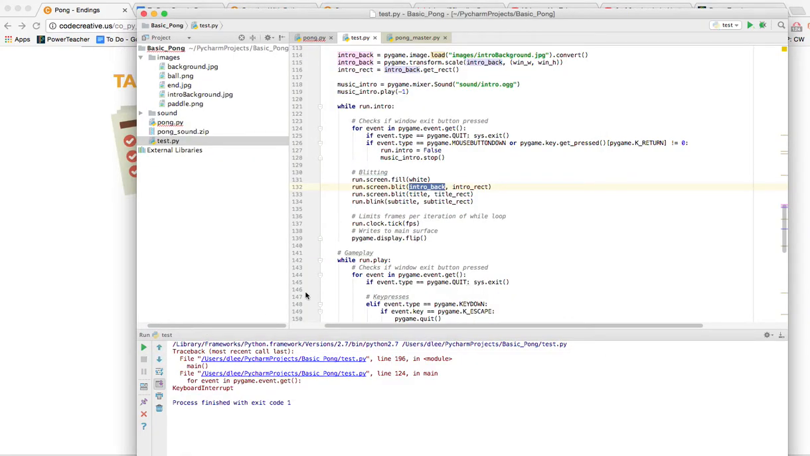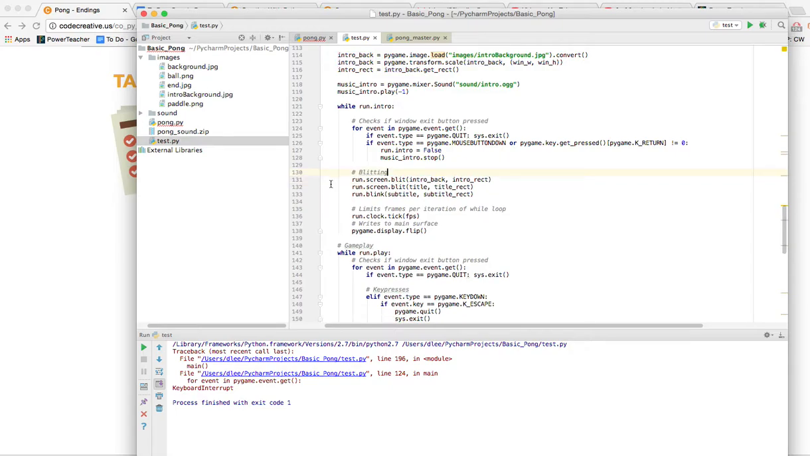And so I'll run it, and we can see we have our background image set and ready to go. And so just one more thing that you probably want to do is we did this screen fill white so that we could erase the background every iteration of this while loop. But since we are blitting the background, which takes up the entire screen, we don't need to do this anymore, right? So we could just go ahead and remove that and run it,